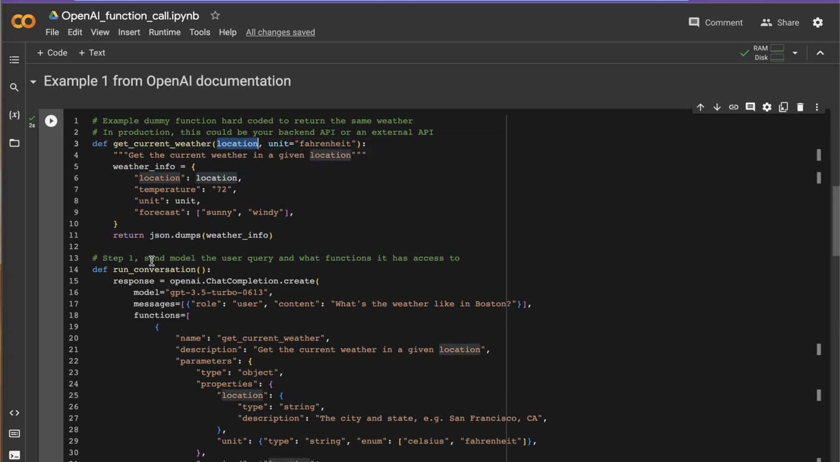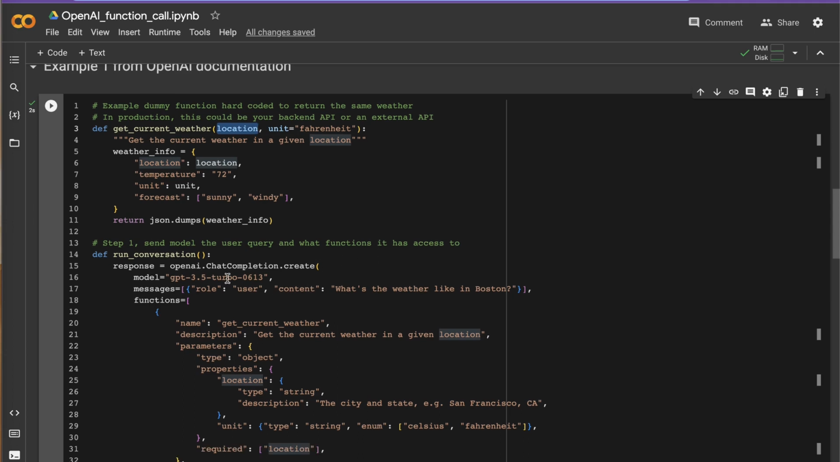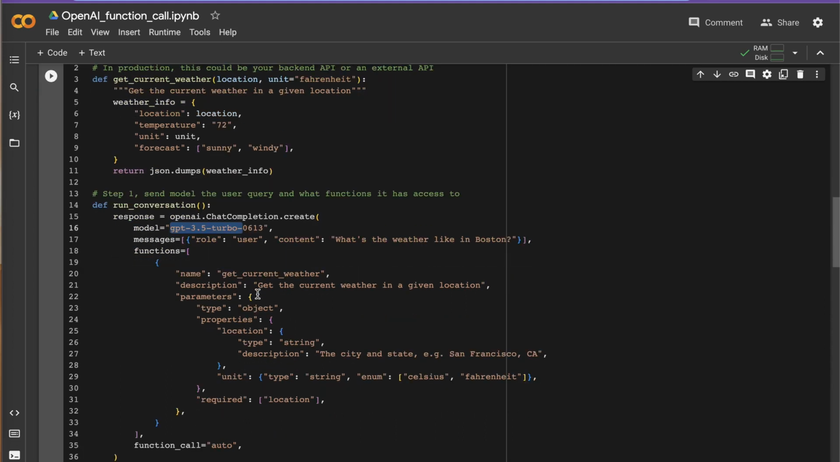And then step one is send the model the user query and what functions it has access to, right? So if you can see here, there is this function called run conversation, and the response is the OpenAI chat completion model, and the model is GPT 3.5 Turbo. We need to use this particular model, right? And then here there is the message, role user, and content is just what's the weather like in Boston, right? And then the functions, right? We pass the function that we created here,